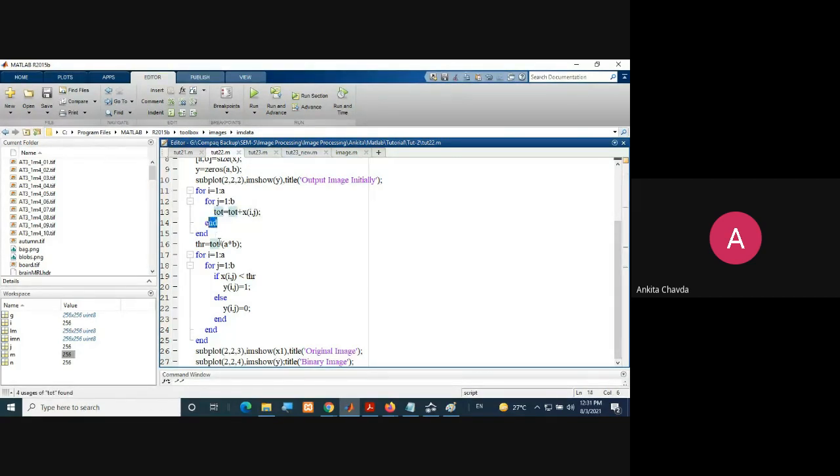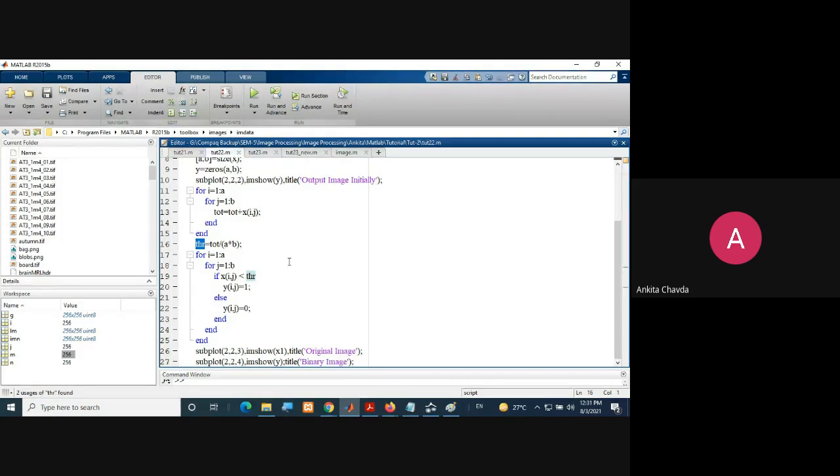I'll end here. Now I need to calculate the average. For the average, I have taken one meaningful variable, THR for threshold. THR equals TOT divided by A into B. A and B are your number of rows and columns, so you are finally dividing by the number of pixels. You will get some average over here, which is your THR. Okay.